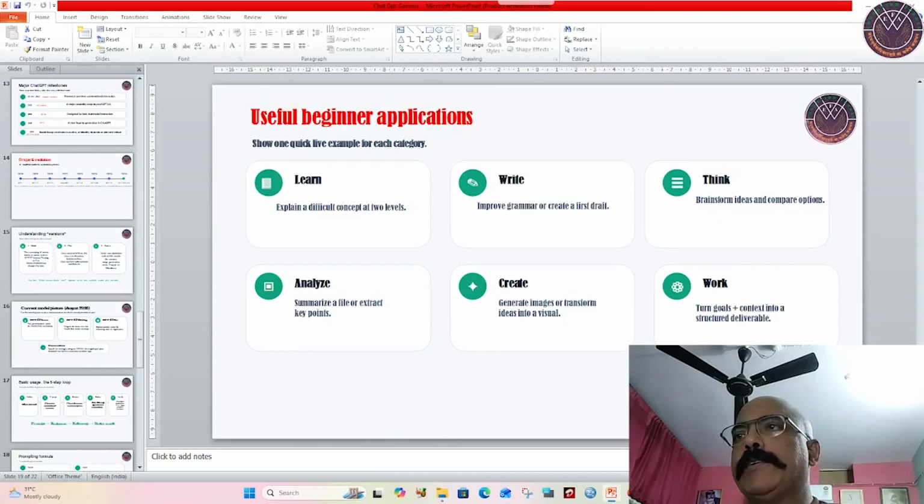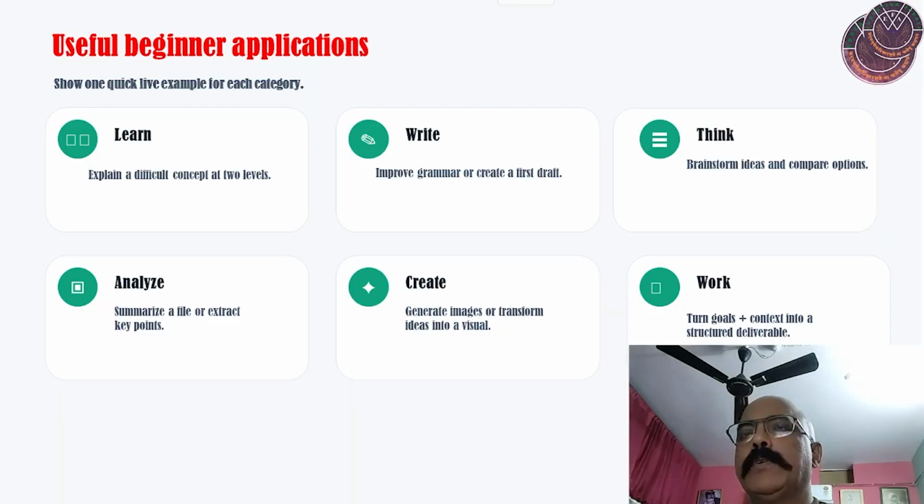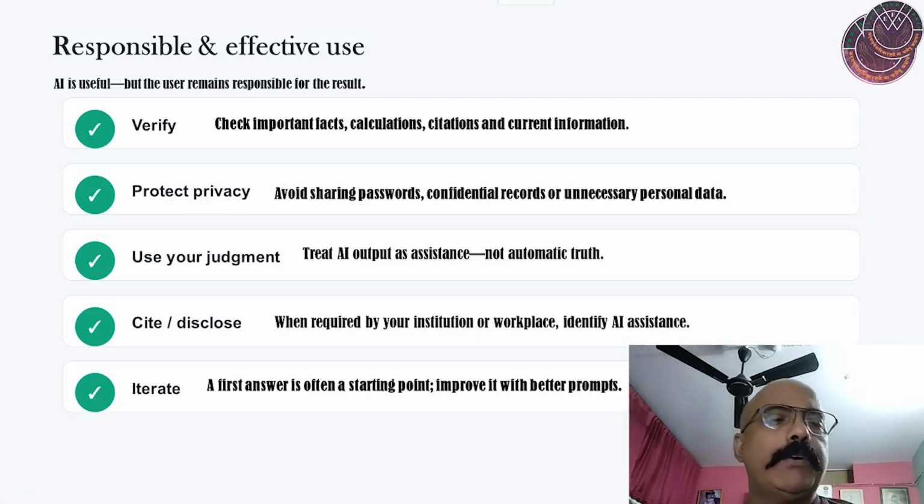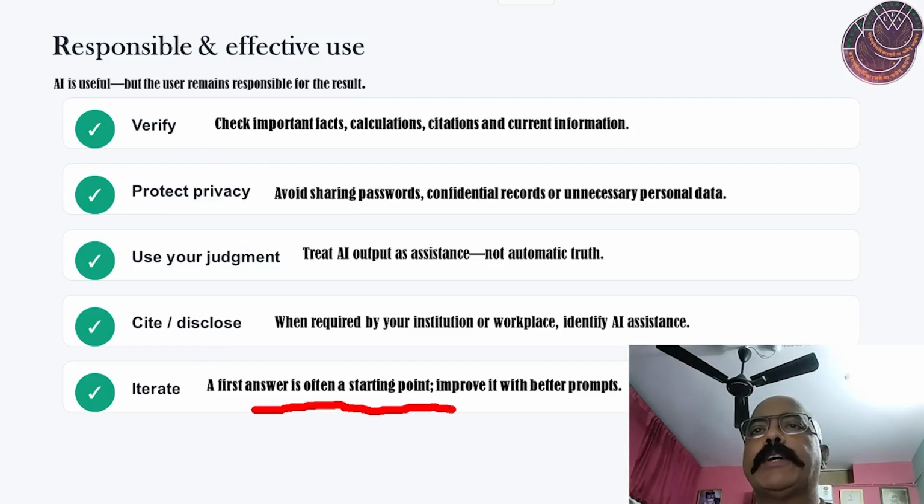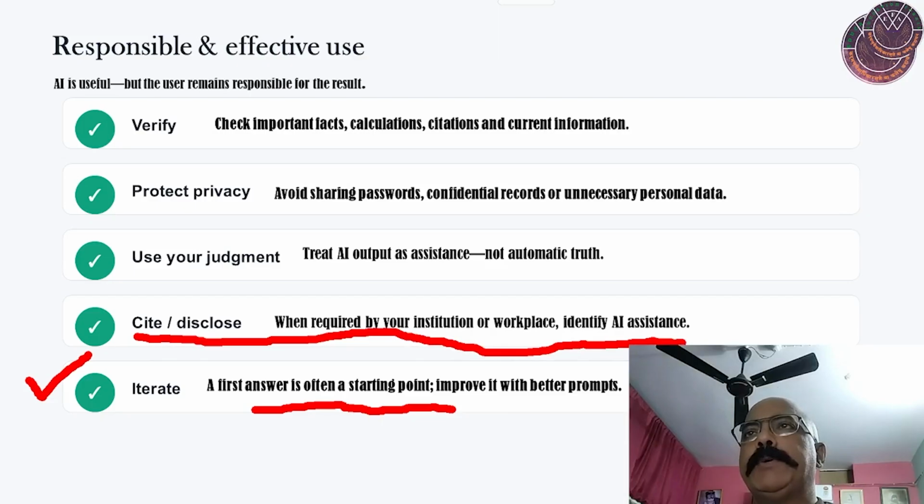So as I told you, whenever you are using this ChatGPT, these things you have to take care of. A first answer is often a starting point. You should always try to refine your answers to get a better answer by improving your prompts. You have to cite, because if you are using something from ChatGPT, you have to cite that you have taken it from AI chatbot tools, or you have to cite the source. Many times it will also suggest the sources to you. So cite those sources,